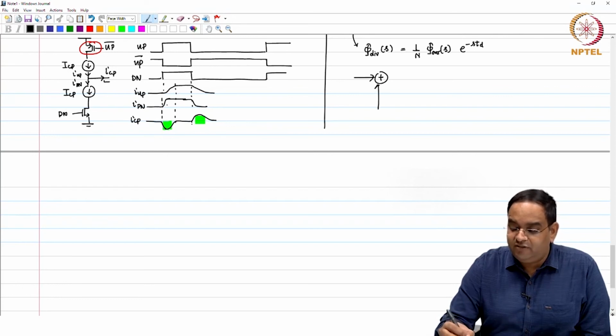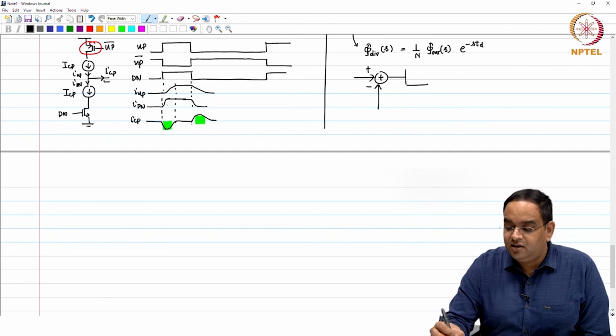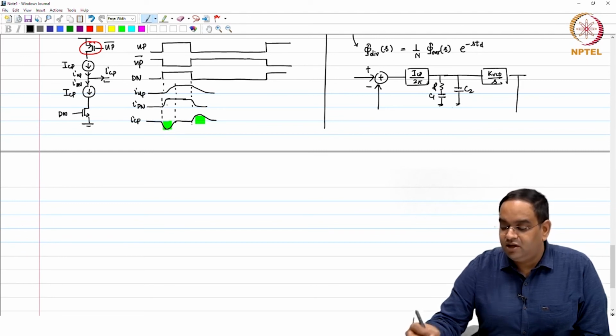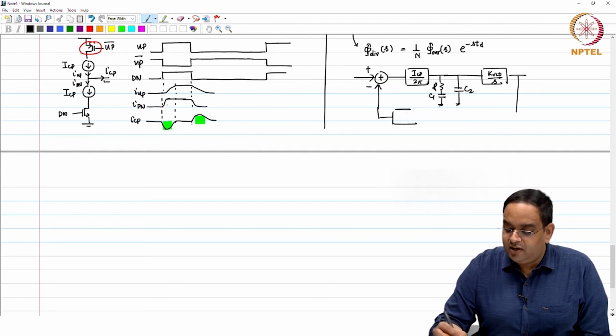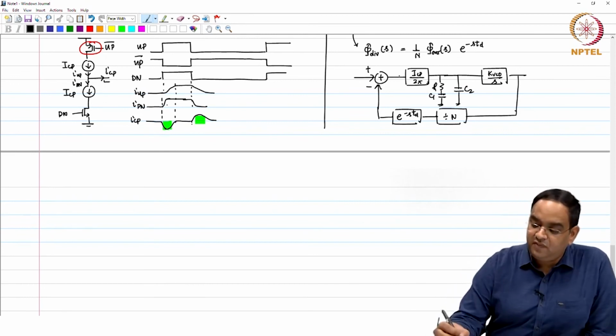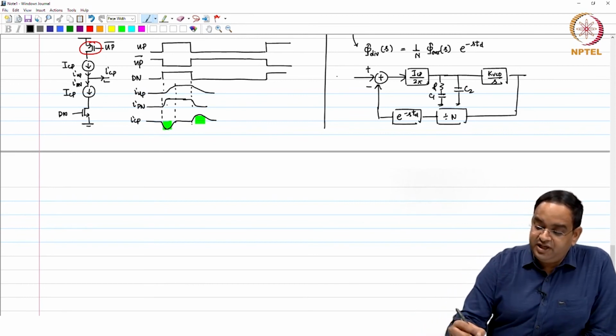Well, you have plus minus for the phase error detector, combined charge pump and phase frequency detector ICP by 2 pi, R followed by C1 and C2, okay, with a KVCO over S in the feedback, a delay of e power minus s t d, and phase gets divided by n. Okay. This is what we have,